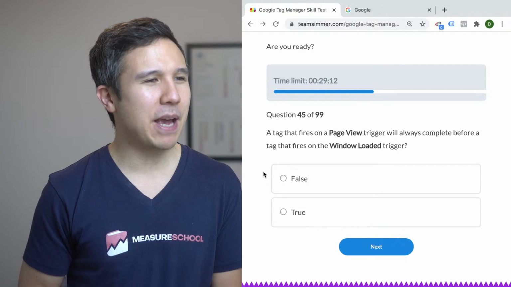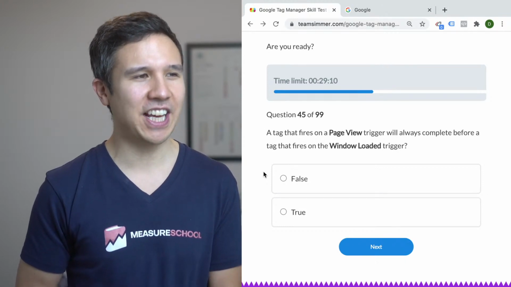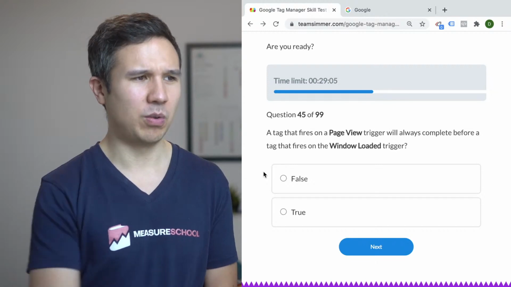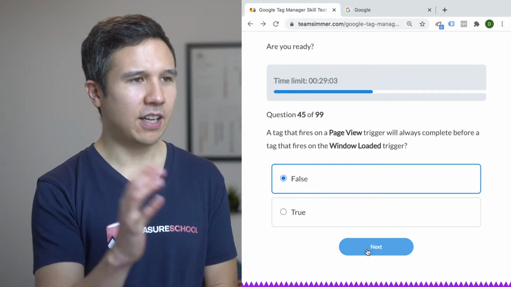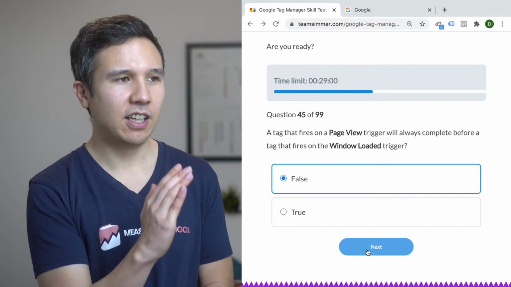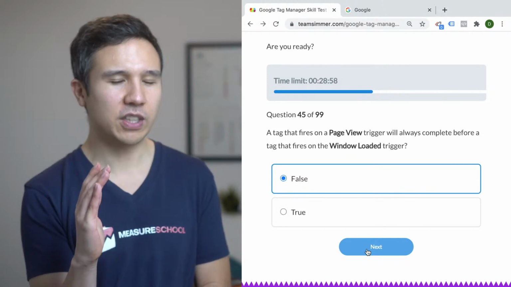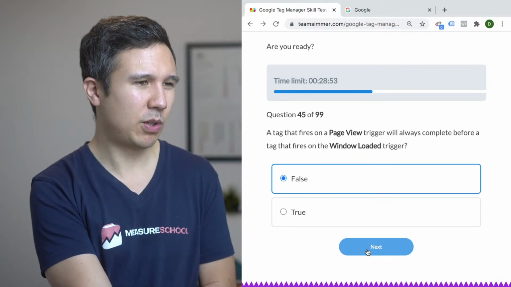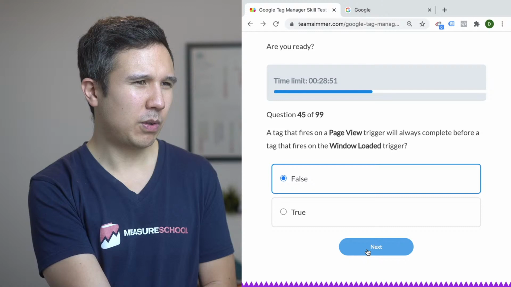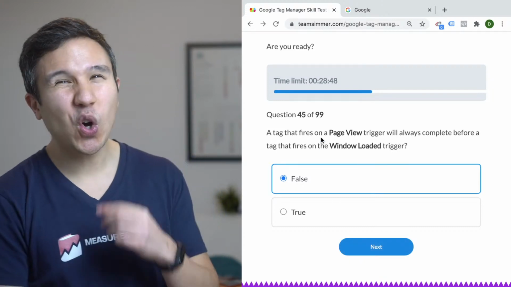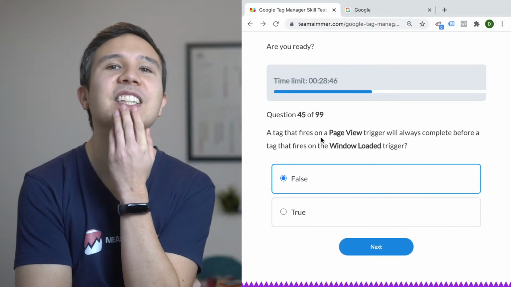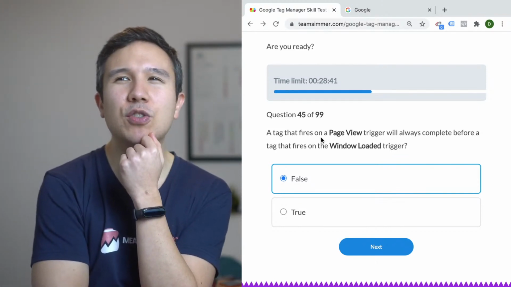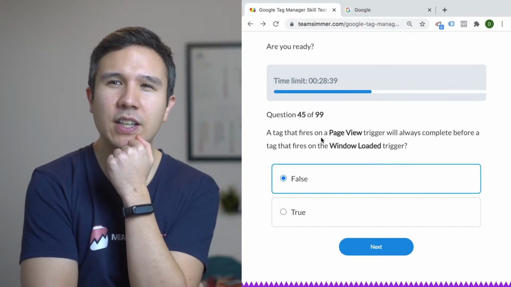A tag that fires on a page view trigger will always complete before the tag that fires on the window loaded trigger. No, false. I mean, the loading of the tag cannot be controlled. Google Tag Manager initiates the loading, but it depends. Although now here we get into JavaScript, because if I fire a tag on page view, it starts loading, it goes